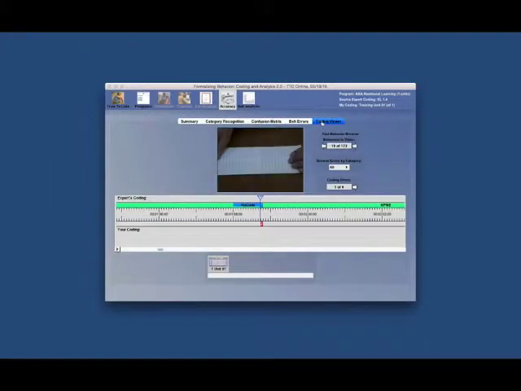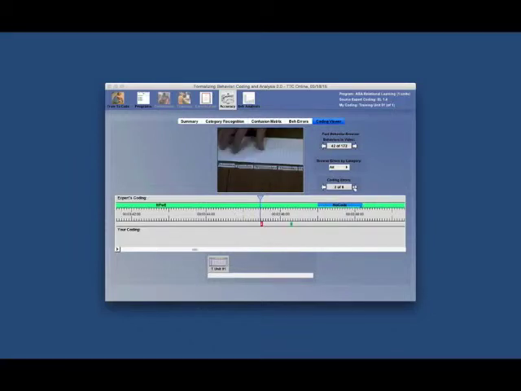A coding viewer is also provided where each coding is seen in the video timeline. The expert's code is in the top row, and each trainee code is shown at the time it occurred. A red color indicates an error. Hovering over the code reveals specific information.